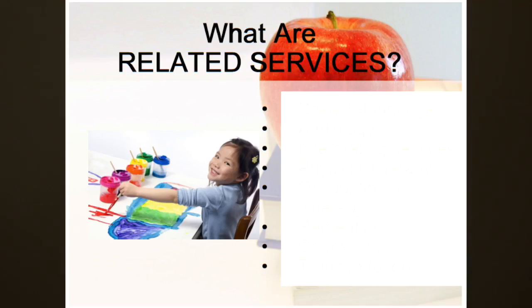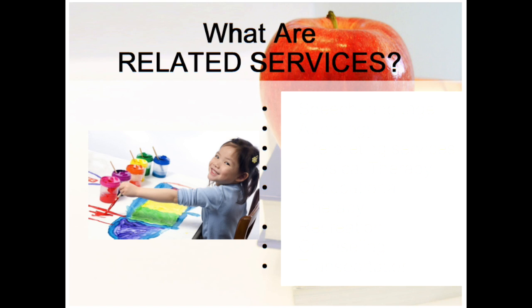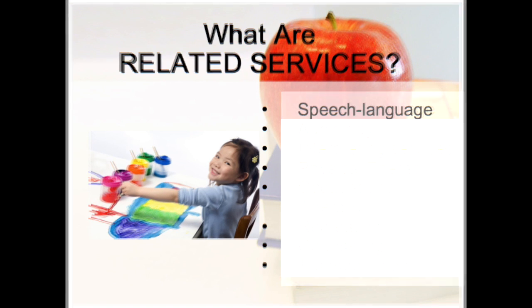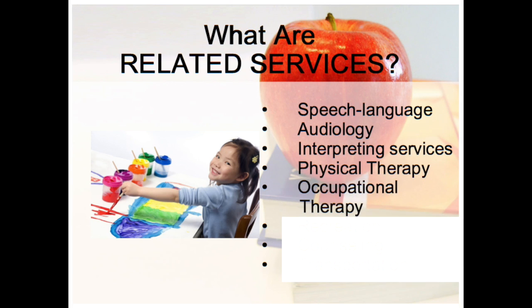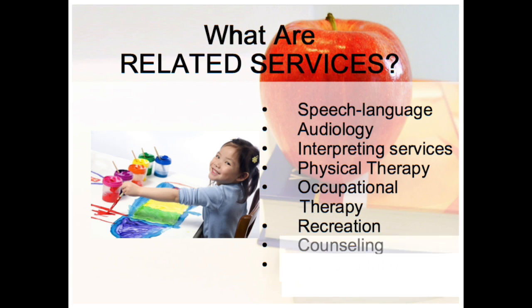Okay, so there's also something else that's included in the IEP that are called related services. And what are they really? What are related services? Well, they are developmental, corrective, and other supportive services that are going to help your child be successful in their learning environment. And some of the things that they can include are speech and language services, audiology services, interpreting services, physical or occupational therapy services. It can include recreation services, counseling services if they're needed, and one of the big ones is